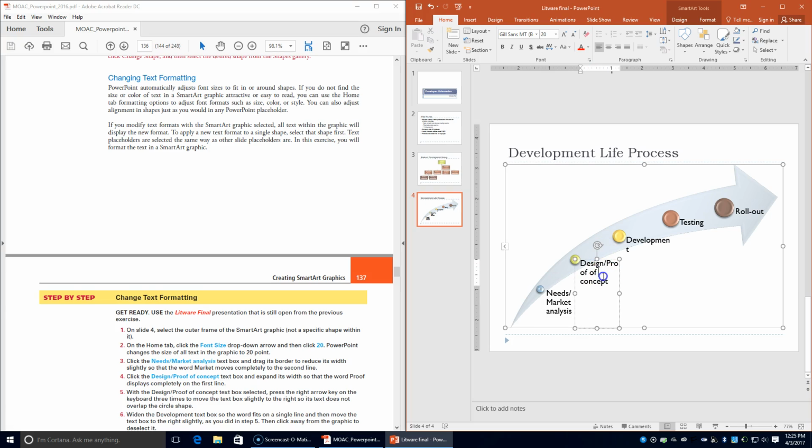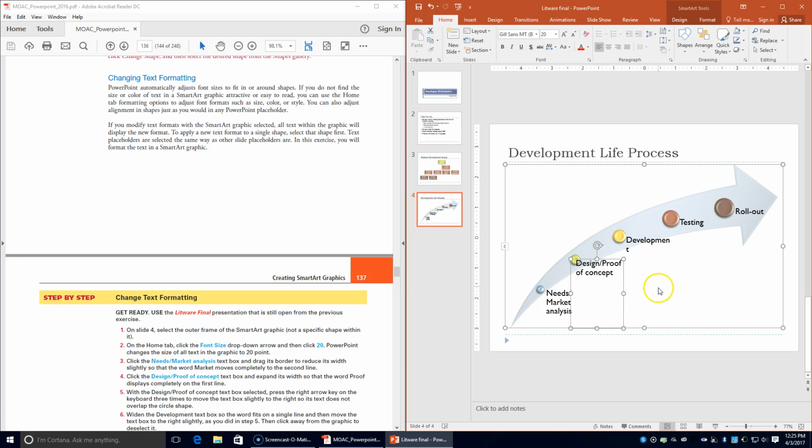It tells us to click the Design Proof of Concept text box and expand its width so that the word proof displays completely. Alright, with the Design Proof of Concept box still selected, press the right arrow key on the keyboard 3 times to move the text box slightly to the right so that the text does not overlap the circle shape. So 1, I'm hitting my right arrow, that's 1 time, 2 times, and 3 times. Okay,